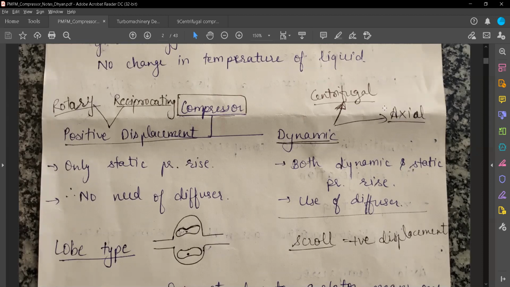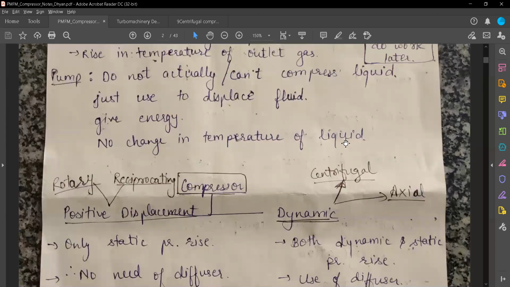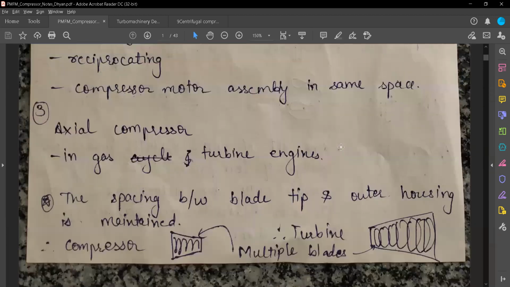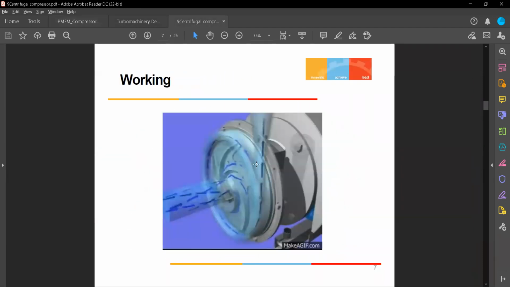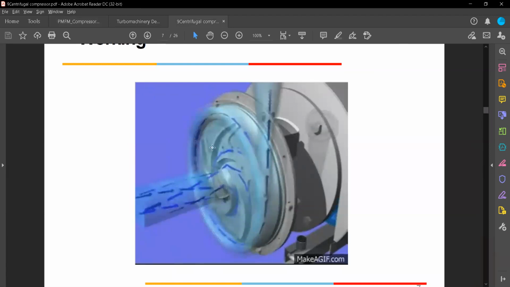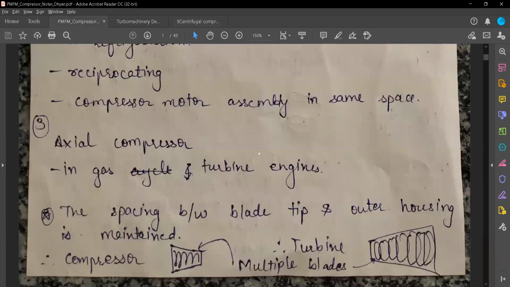Now you know what type of things I'm describing. We have seen centrifugal compressors earlier. So how do they look? A centrifugal compressor looks like this. There is the rotating part here at the center. The fluid enters axially inwards and leaves radially outwards over here. So there is an increase in area as it moves outwards. The increase in area reduces the velocity, and reducing the velocity will increase the pressure because of Bernoulli's equation.